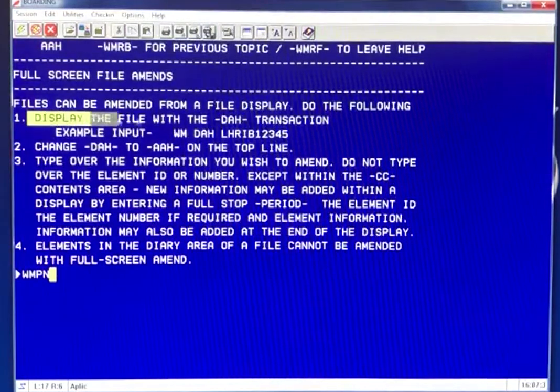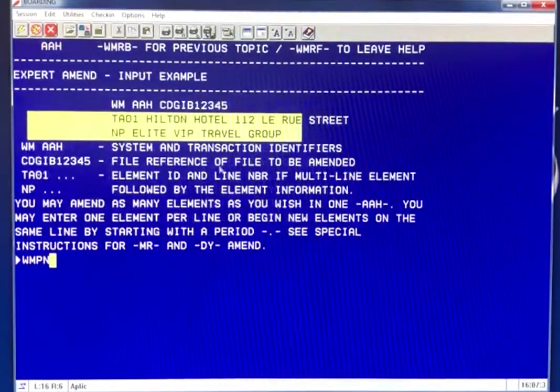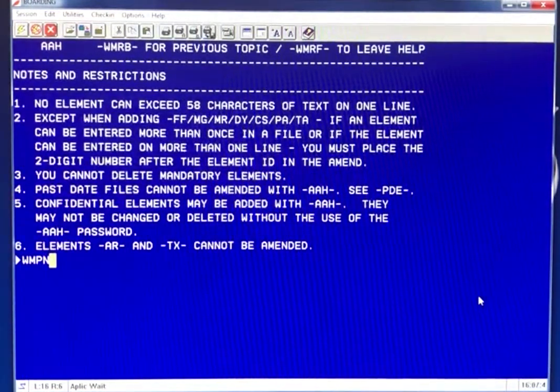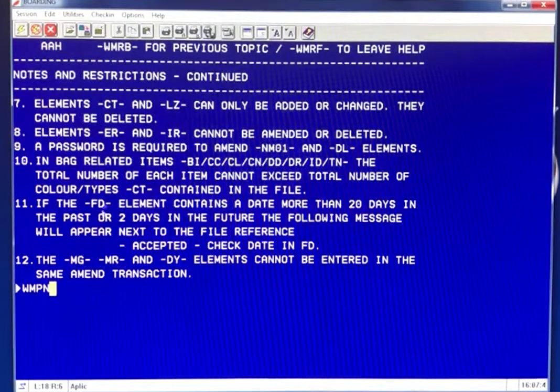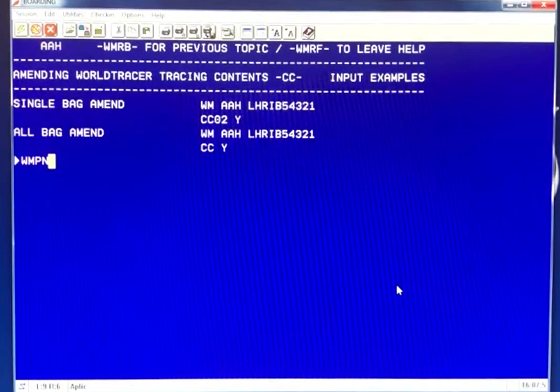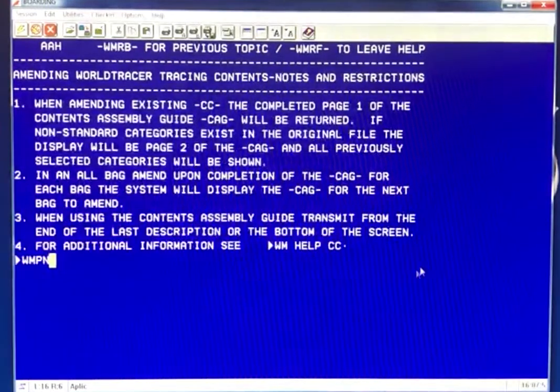It will tell you how to display the file. It will tell you the right ways to entry. You will have quite specific information about what can you do and what can you not do. You can either amend all the bags at the same time,